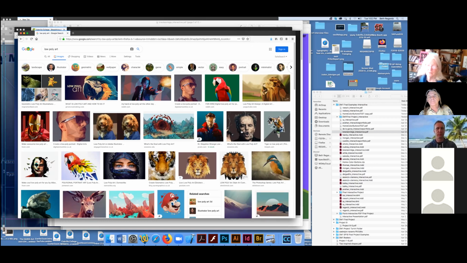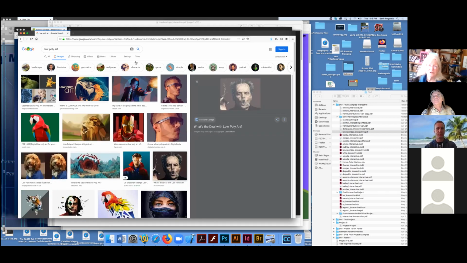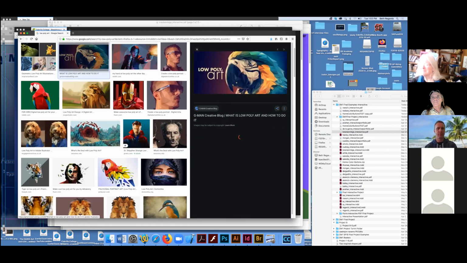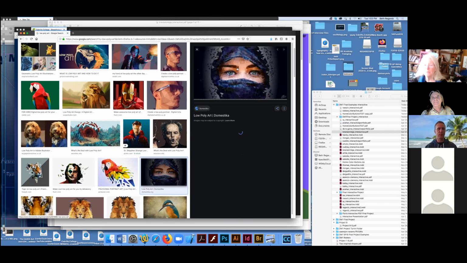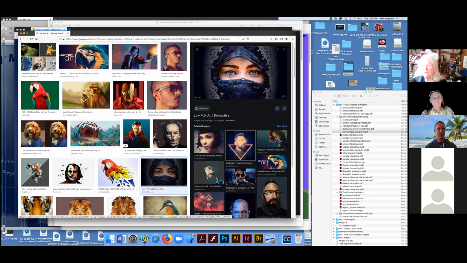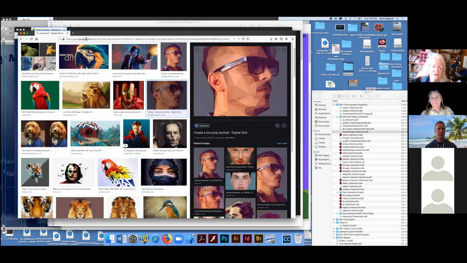And so you've got your Jack Nicholson here and your low poly parrot, the theme low poly, low poly pachyderm, really low poly portrait here. So the tinier the triangles, the more detail that you can get in. But when you have somebody like